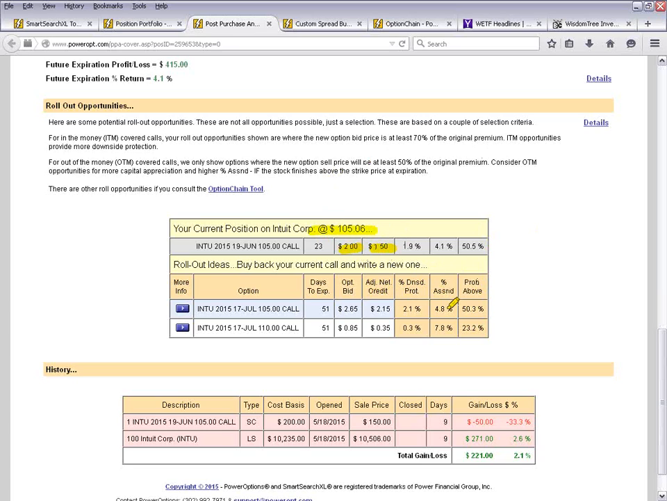We originally collected $1.50, so we'd be at a 50-cent debit, and we could roll out to the July 105 and collect another $2.65. So our adjusted net credit would be $2.15, and this would be a 4.8% return. This one I probably would not do right now. Even though the stock's slightly above 105, why go to July for the same strike, increasing my time from 23 days to 51 days